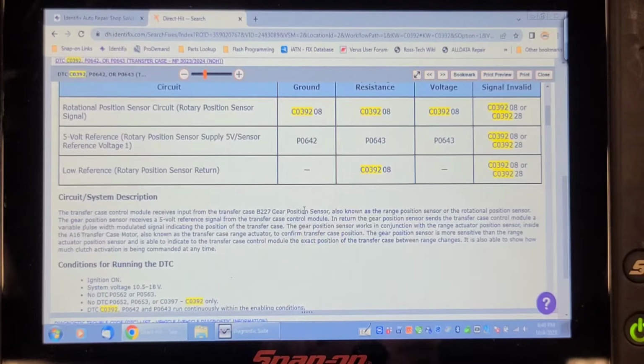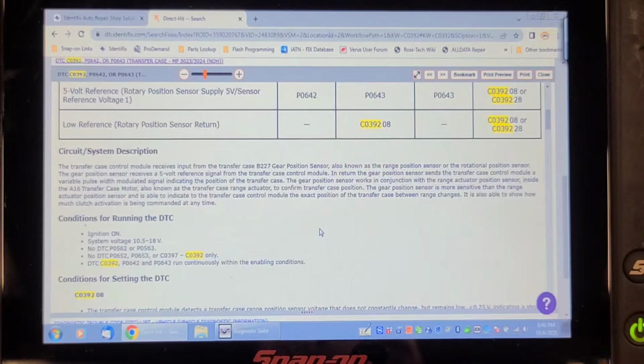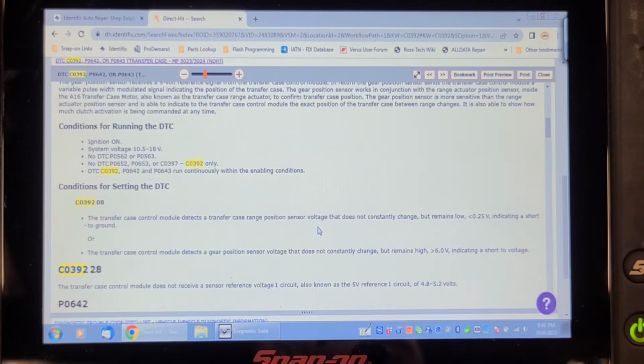The gear position sensor is more sensitive than the range actuator position sensor and is able to indicate to the transfer case control module the exact position of the transfer case between range changes. It's also able to show how much clutch activation is being commanded. Conditions for setting it: